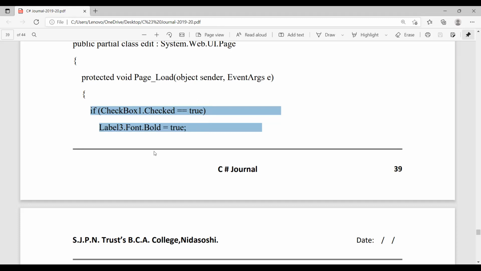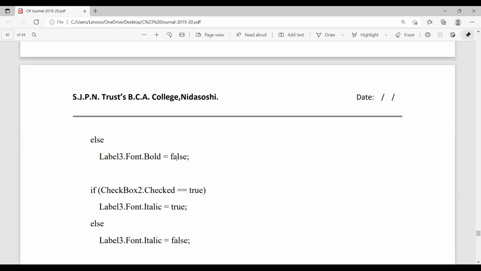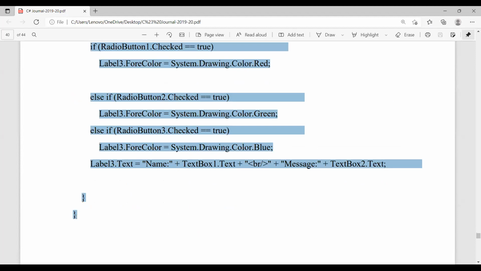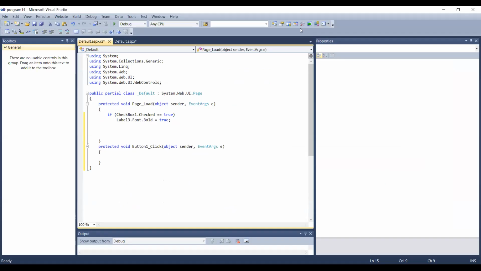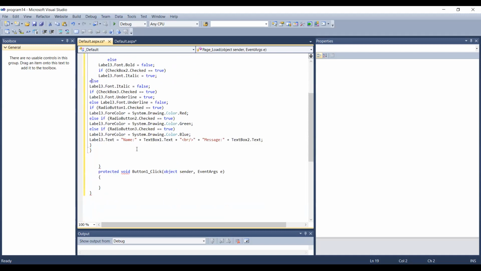So we'll just copy this code and put it into my page load. Yes, just give me a second to do that. See, all this code I have to write inside my page load. And you have to take care about all the closing brackets and opening brackets that you are using over there. All right, so I'll just dump this code inside. I'll try to explain this code in just a few seconds. Let me arrange it. So this is the code guys.